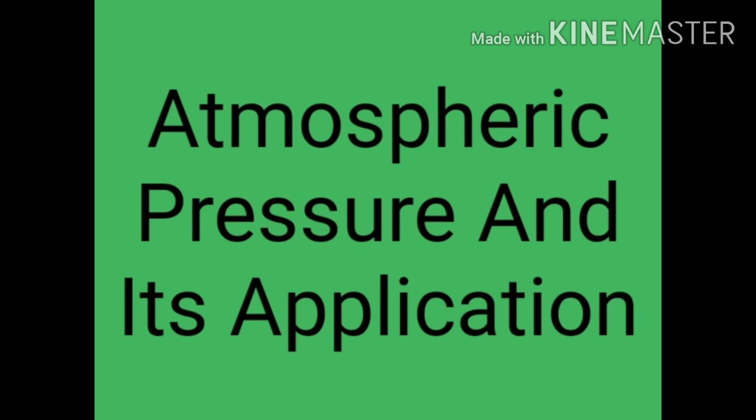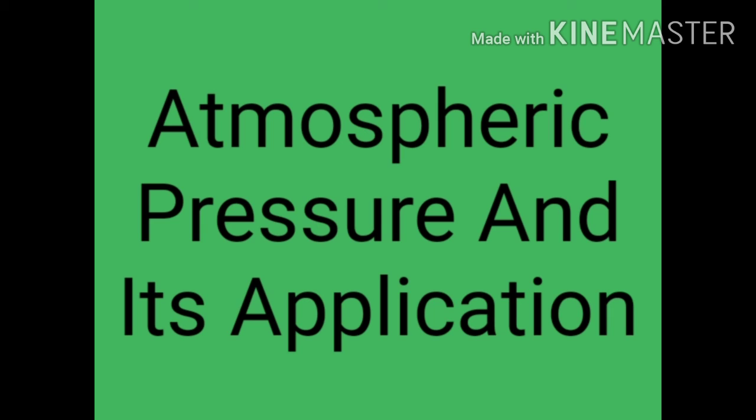Now, why do we not feel it? We do not feel it because the pressure of the blood in the blood vessels and other fluids present in the body balance the atmospheric pressure. The atmospheric pressure is maximum on the surface of the earth. When we go to high altitudes, the atmospheric pressure decreases. The mountaineers suffer nose bleeding at high altitudes because the atmospheric pressure is much lesser than our blood pressure. Due to this, some of the blood capillaries burst and blood comes out through the nose of the mountaineers.